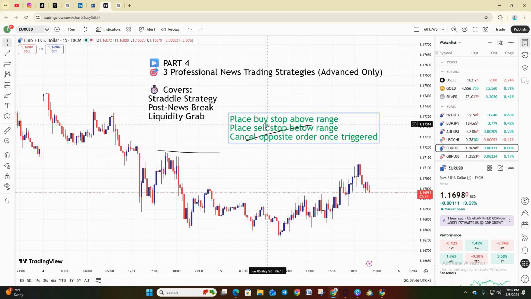Placing a buy stop above the range means